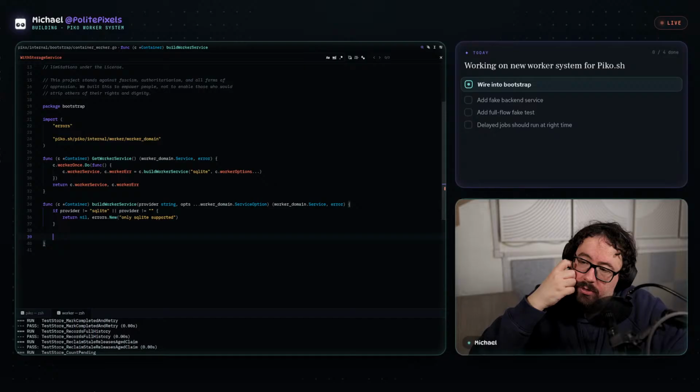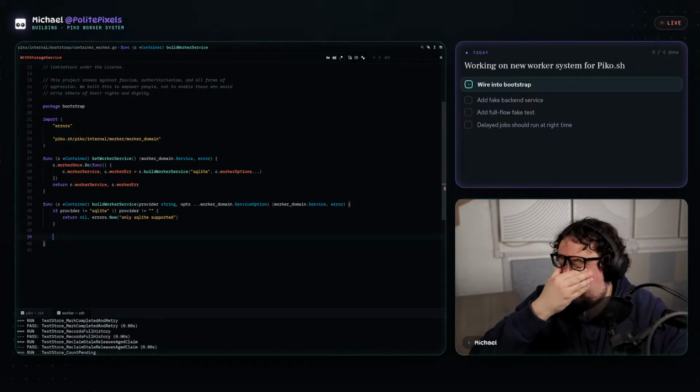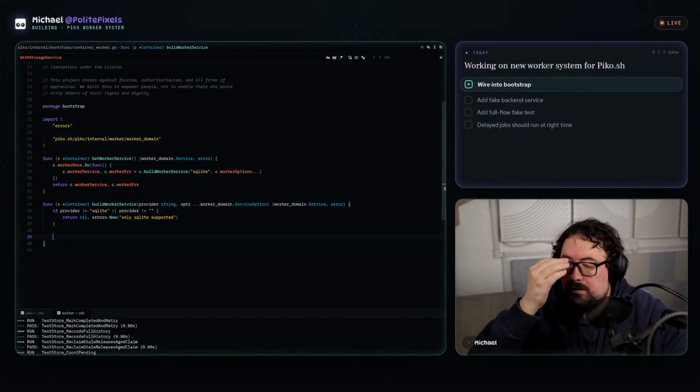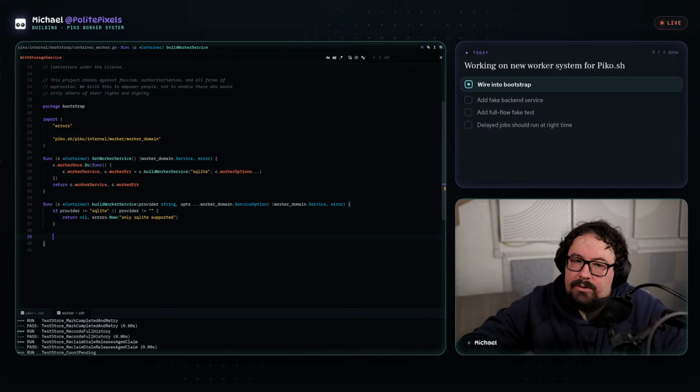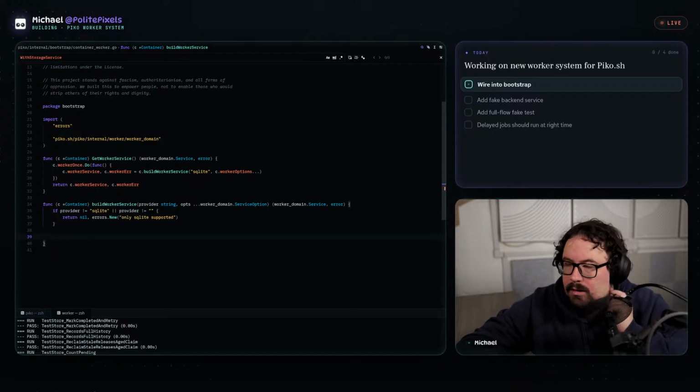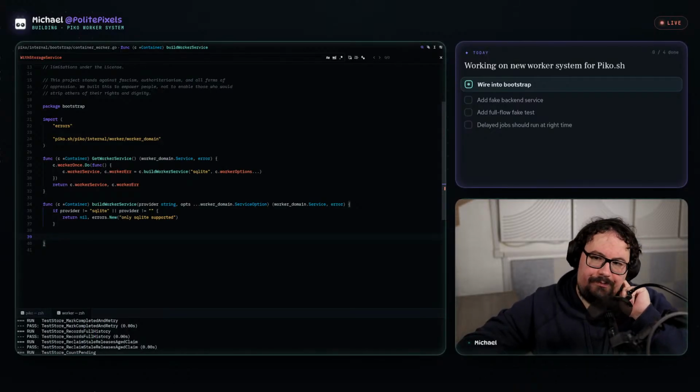We're probably not going to want to handle this as strings. Let's just do it like this. So we're just going to default to just SQLite. In the future, okay. The important thing is just to get it working.